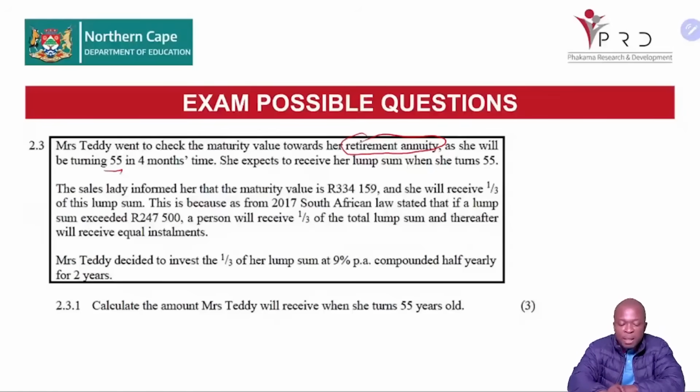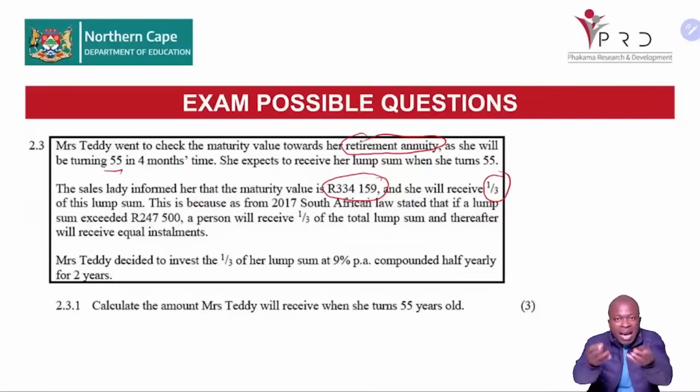The lady informed her that the maturity value for the money is 334,159 rand. And this money she will not get all. She will receive a third as cash lump sum. The remaining amount will be put back, and every month they are going to give her bit by bit until she turns like 80 years. So now the question is,